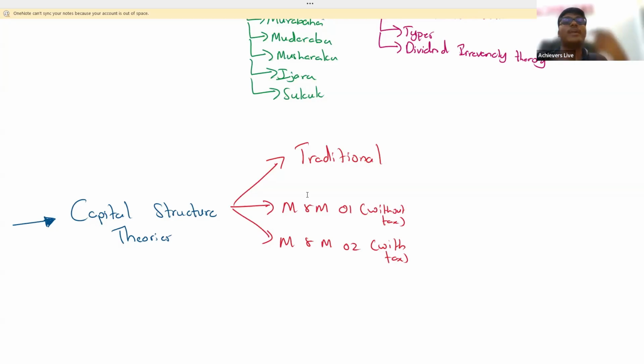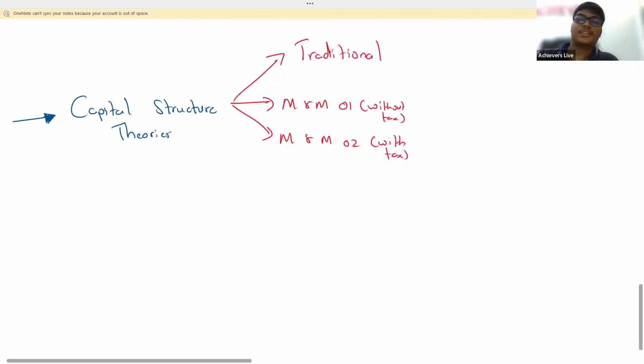As you keep on taking more and more debt, what will happen? WACC will keep on reducing. So they will say always increase your gearing. Keep on taking more and more debt. That is theory 2. So you have to remember Modigliani and Miller, both the theories, you have certain assumptions. What are those assumptions? Perfect capital market, rational investors, no transaction costs. Okay, all of that. In traditional theory, yes, we are taking into account the tax benefit. That's why you are getting the optimum point. Because of the lower cost of debt, that means both the cheaper cost and the tax benefit are contributing to the reduction in the WACC.